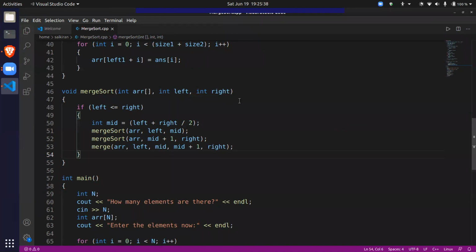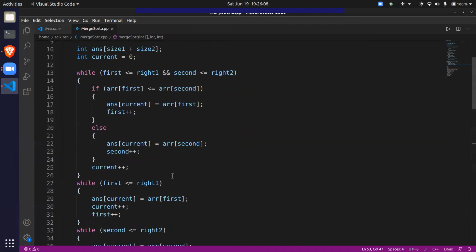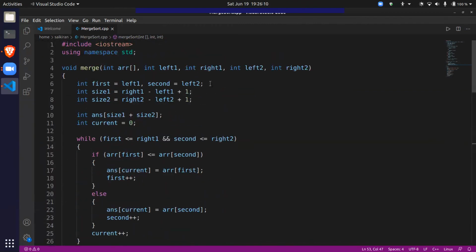Left, right. Okay, fine. Left plus right by 2. Right plus 1 comma right. Merge sort, merge sort. Left comma mid plus 1 comma right. Okay, fine. Right 1, left 2, right 2, left 2.